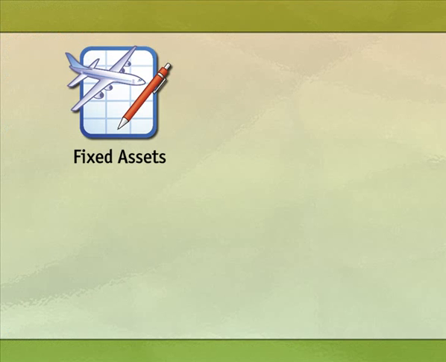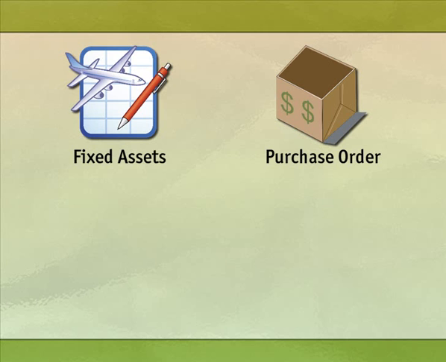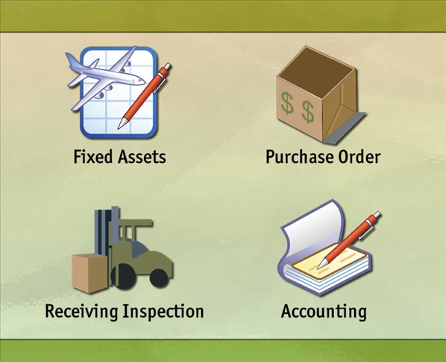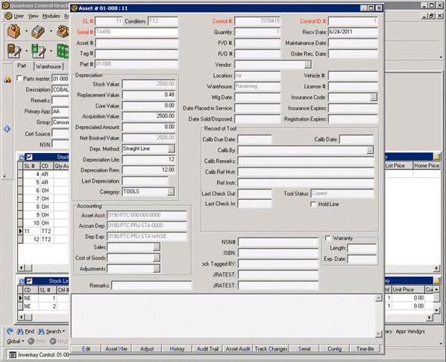You may also bring the asset into stock through a purchase order. The standard purchase order and receiving features apply. However, if using Quantum Accounting, the receiving entry will credit accounts payable and debit the assets account rather than the default inventory account. Once the asset is received, you may edit the stock line to add any asset-specific information not captured on the